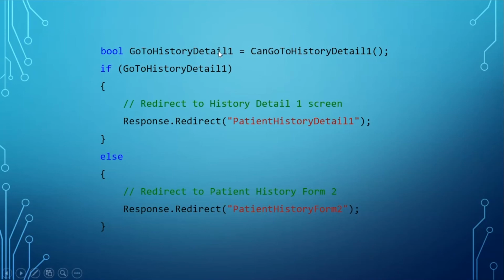Or if you had realized it here itself, you can just pin this value, to make sure you don't commit this mistake again, or you just want to go over this particular value to see if you had not made any mistake. So you can pin it and you can change the value of this in the immediate window. So that sets the value. Say you have got a true over here, you have got a false over here. I can set this to true to redirect to the patient history detail screen. So that's how it works in real time.